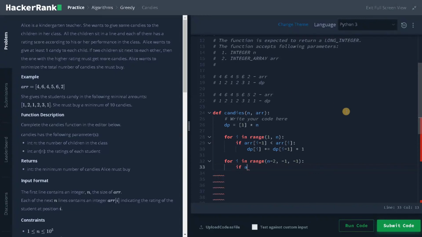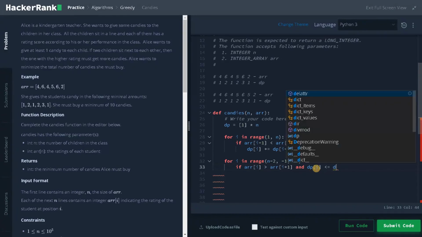So if array of I is greater than array of I plus 1, you can see here I am comparing if 5 is greater than 2, and also dp of I is lesser than or equal to dp of I plus 1.